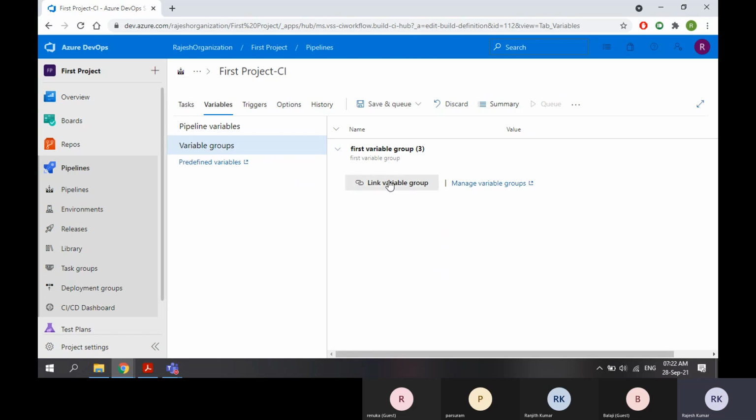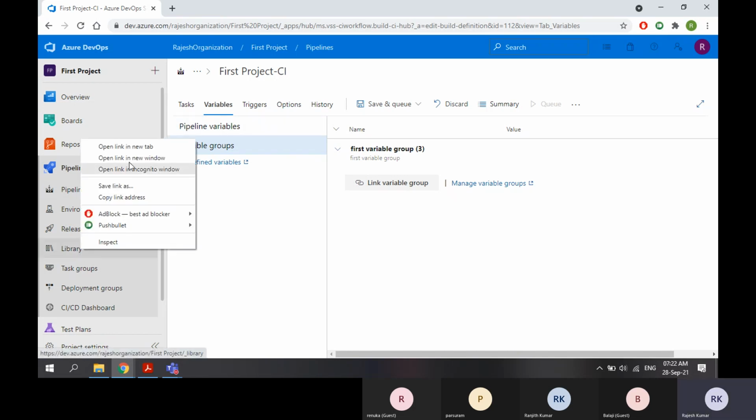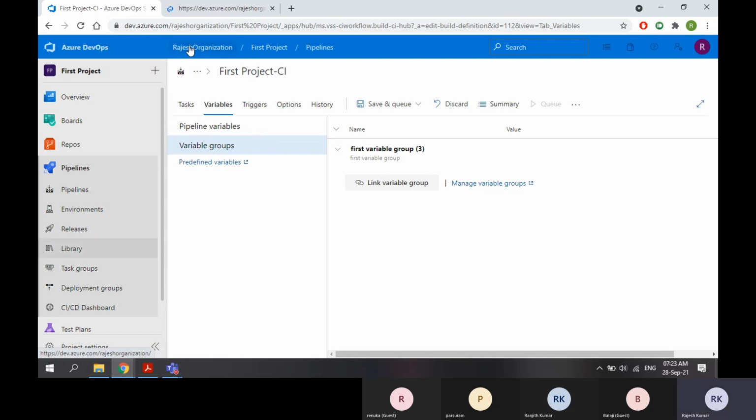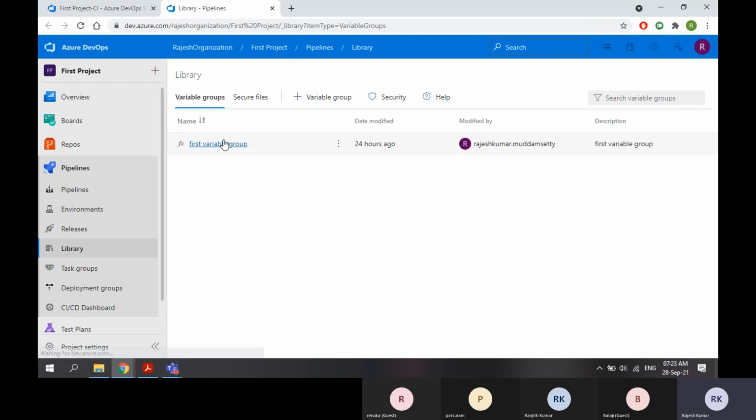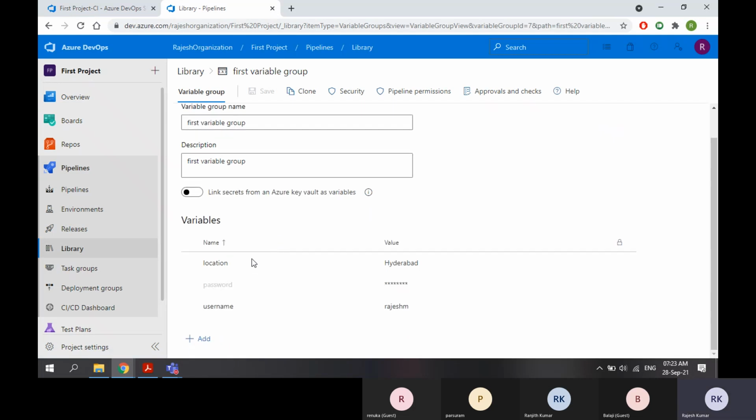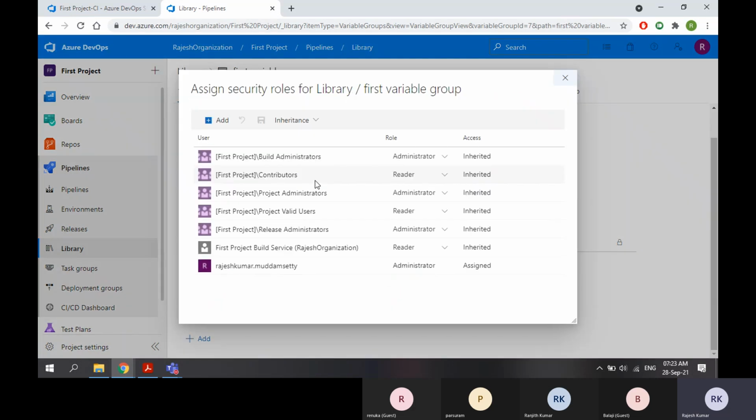Why? Because let us take one example. So here in our variables only, if I go to variables, if I go to the variable groups, still I am saving my password here only. So I can control this visibility by going to security. Who can see and on whom I should allow, whether they can see or not.